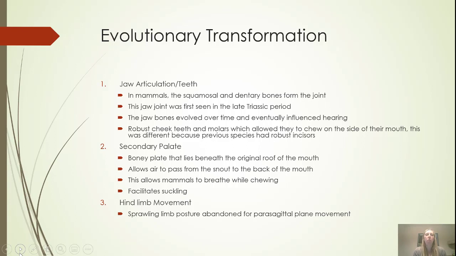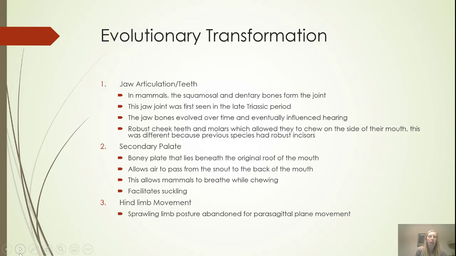First, I'm going to talk a little bit about the evolutionary transformation of mammals. There are three main things that set mammals apart from other species, other classes of animals. First is their unique jaw form. The jaw has a very unique joint and has evolved through time. Several of the jaw bones have actually moved up into the inner ear, which has greatly influenced hearing ability